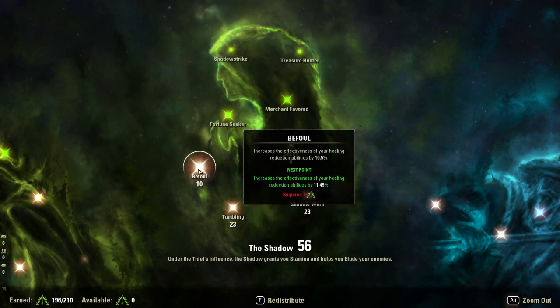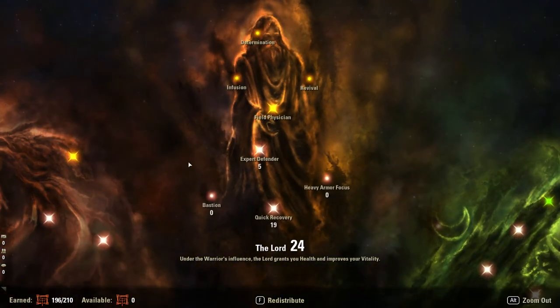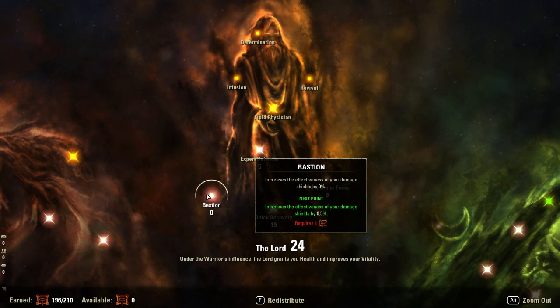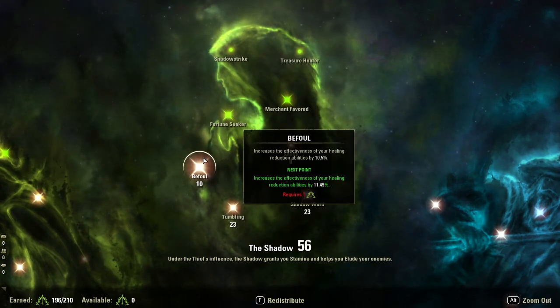Next up, I have 10 in Befoul. Now, you'll see this says 10%. Befoul and Bastion are kind of a weird thing. Befoul is this one. Bastion's over in the red tree here. And these are things that give you percentage increases to your effectiveness of damage shields and your effectiveness of healing